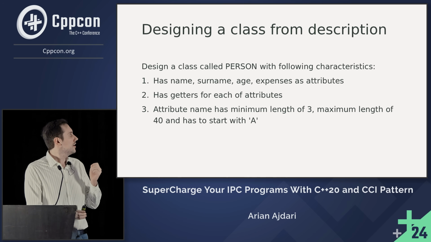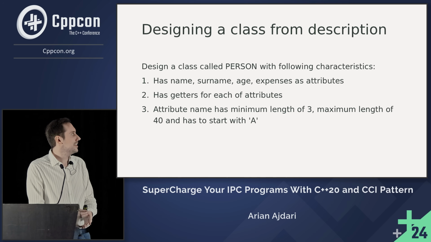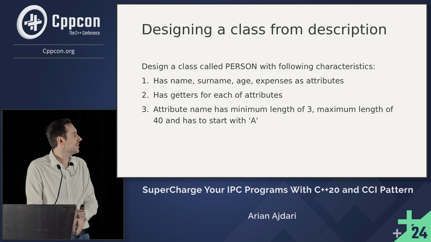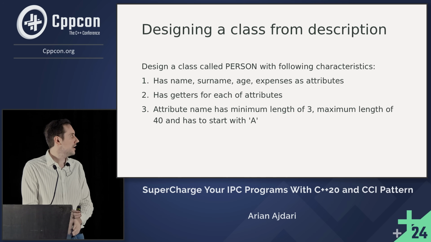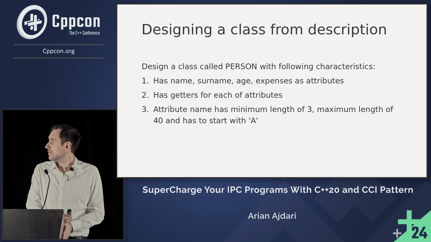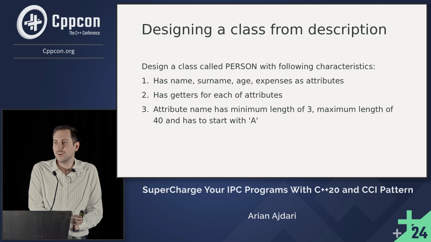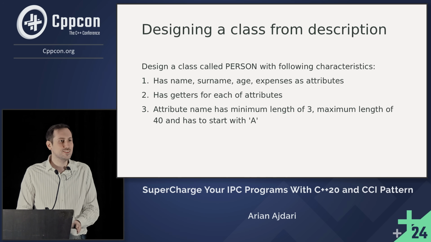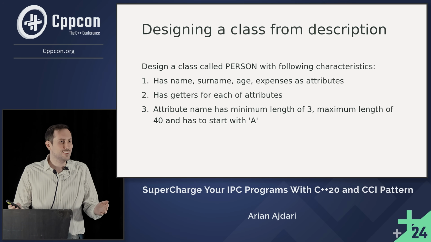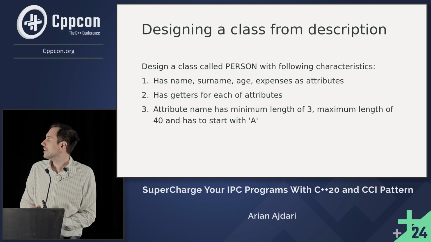it together. So I received a task today, and I have to design a class called person with the following characteristics. It has name, surname, age, expenses as attributes, and has getters for each of the attributes. I will agree that this is one of the anti-patterns, but I guess it's not the first time that we received requirements that are not 100% clear, but for our purposes, we will assume that our class